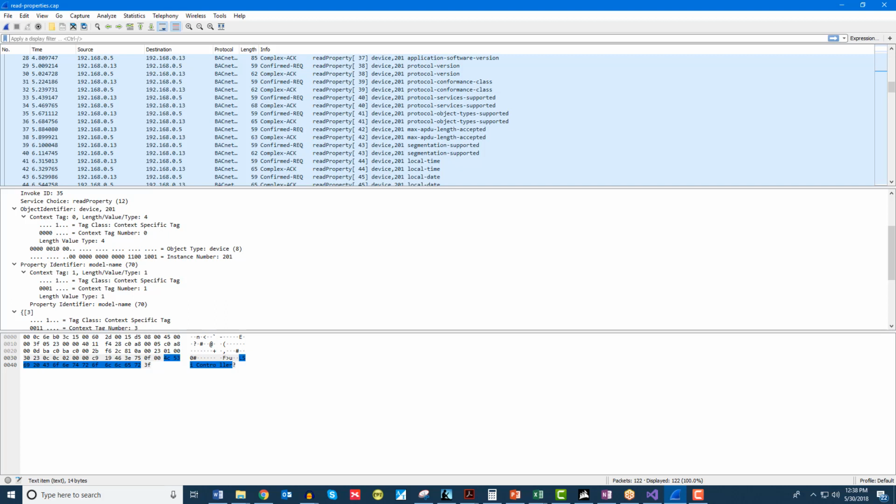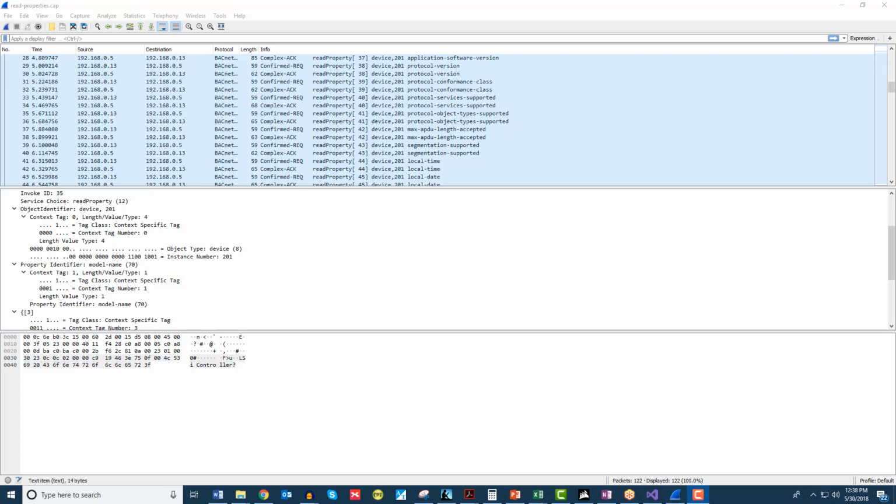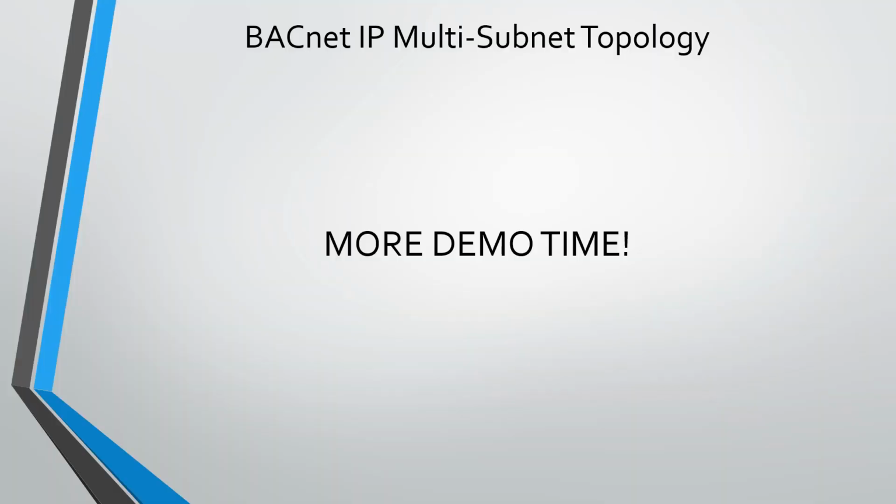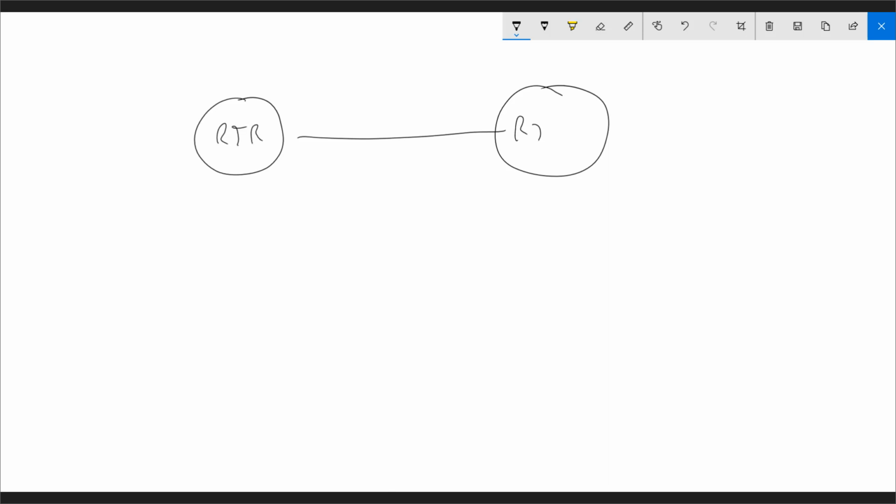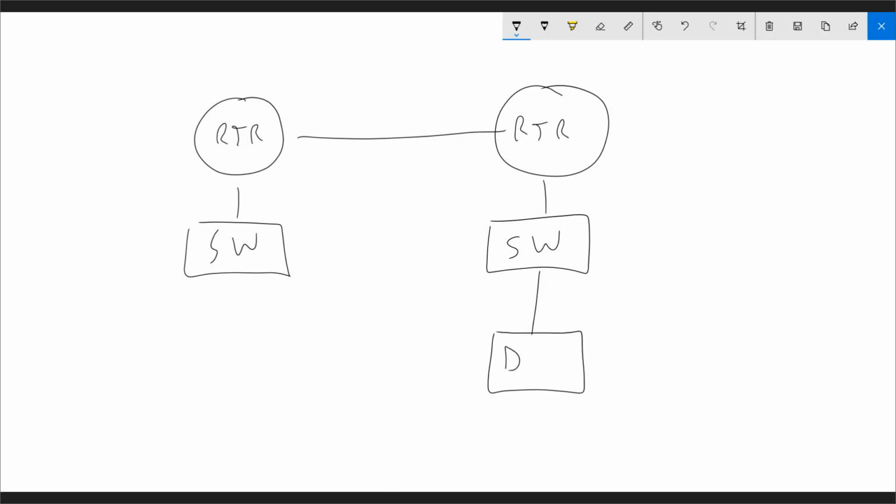All right, I'm going to bring us back to the whiteboard. Actually, to the PowerPoint. So now we are going to dive through a BACnet IP multi-subnet topology on the whiteboard. Okay, once again, we can see the whiteboard here, and we are going to draw out two subnets. We're going to make this very simple. We're going to put two routers, two switches,